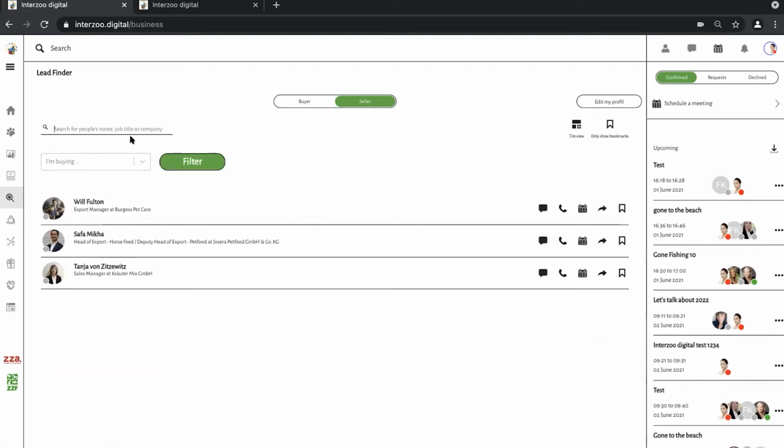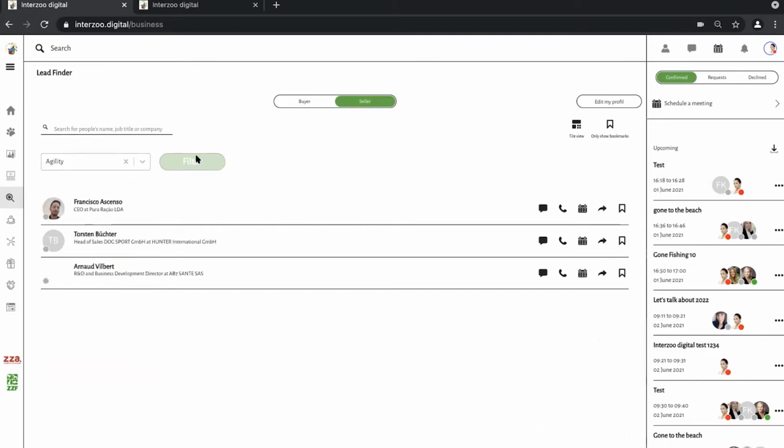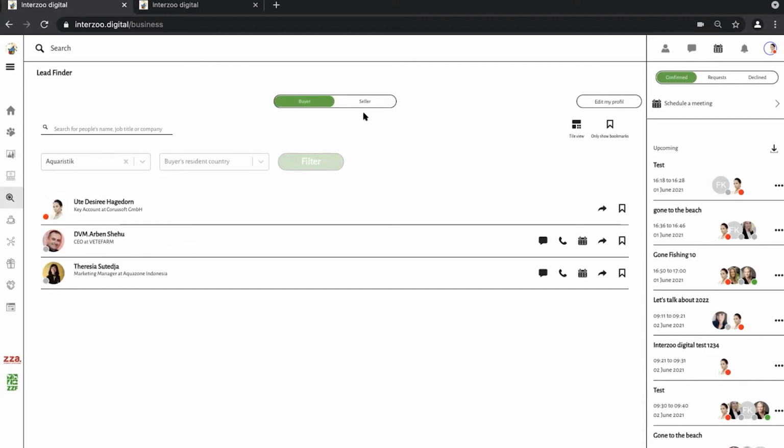I can search for other things as well. I could have a look at maybe agility and see who has also entered something on part of the agility for the seller. So this is something you can just play around a little and have a look how this works for you. If you have to adapt maybe some of the attributes that you filled in, please see this as a real filter function. So there is no artificial intelligence AI that is helping you with some algorithm. This is actually a filter situation for everything that has been entered up front in the profile for this part